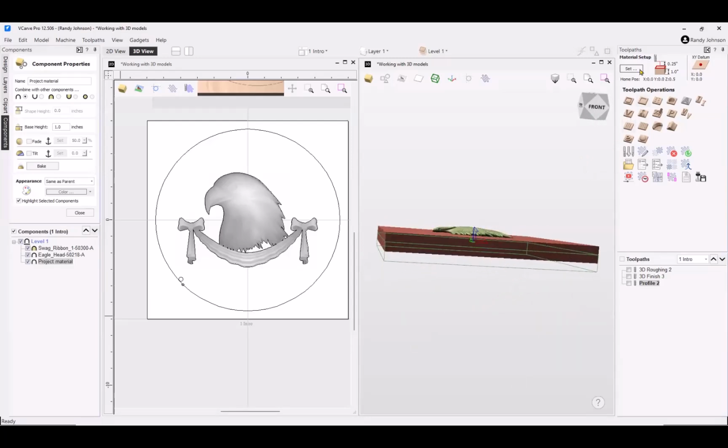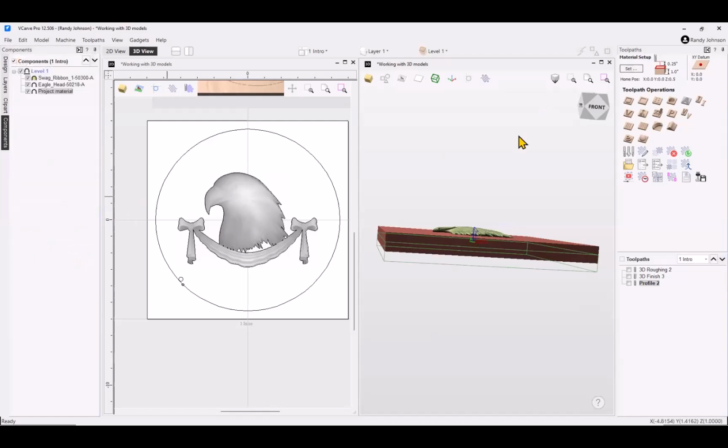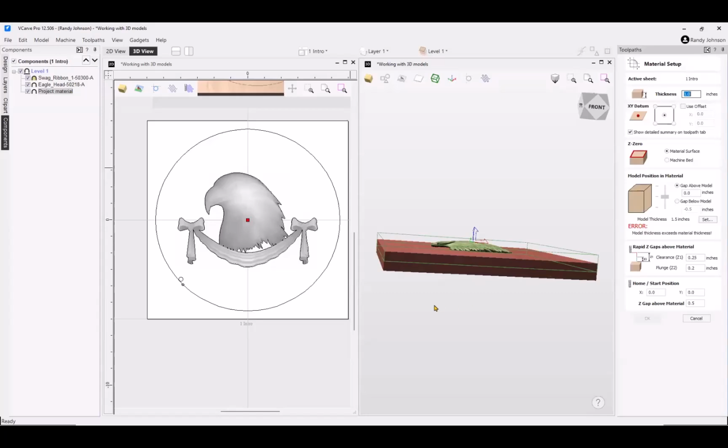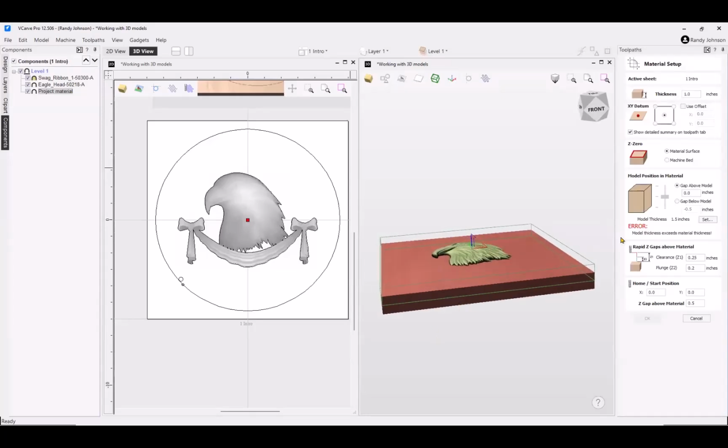Now again, we need to resync this. So let's close out of this a minute, open this up, and look at what it's telling us. We have an error, and that's because our block that we created plus our model is 1.5 inches thick. So it's too thick for our actual material. At this point, we have to go back and edit this, or you have to get a thicker piece